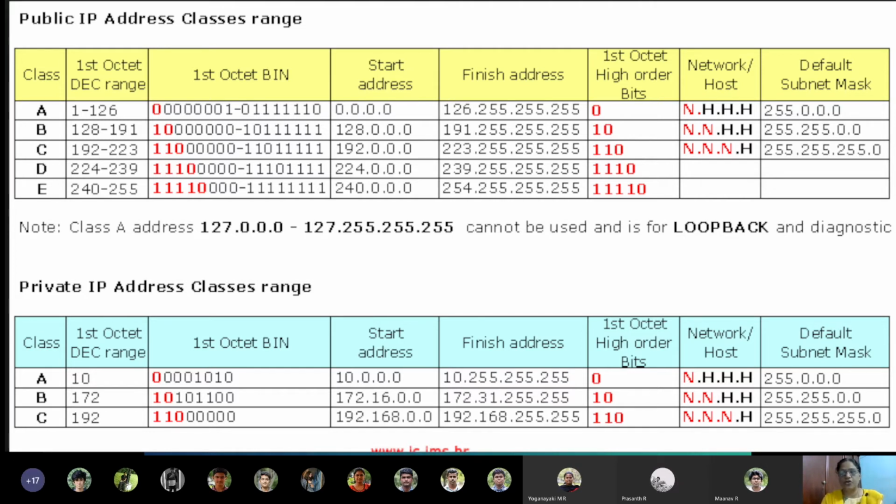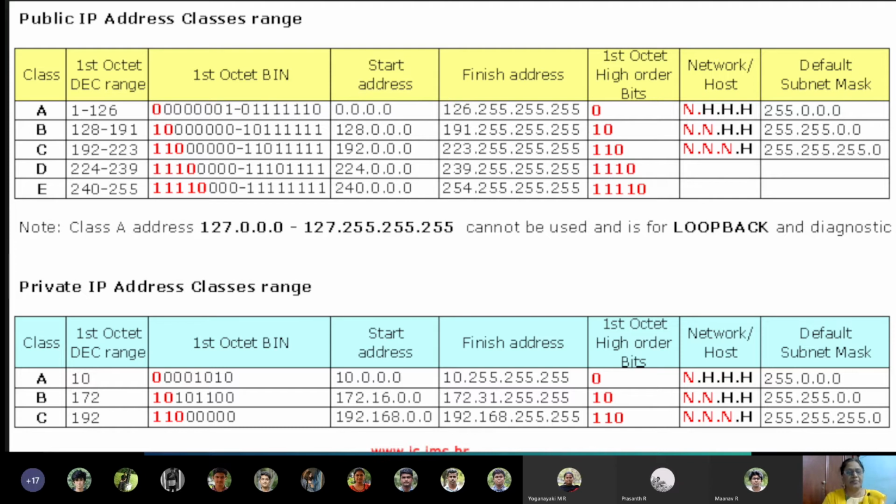So there are 4 classes of IP address. Class E is not being used. Class A, B, and C are used, and class D is called a multicast address. Every address can be identified, if it is in binary notation, by means of the first few bits. If the first bit is 0, then it is class A. For other classes, you need to see the first 2 bits. If it is 1 0, it is class B. If it is 1 1, then it is class C. To identify class D, you should see the first 3 bits, which is 1 1 1.